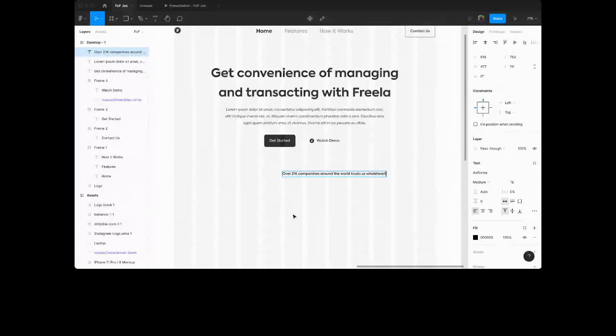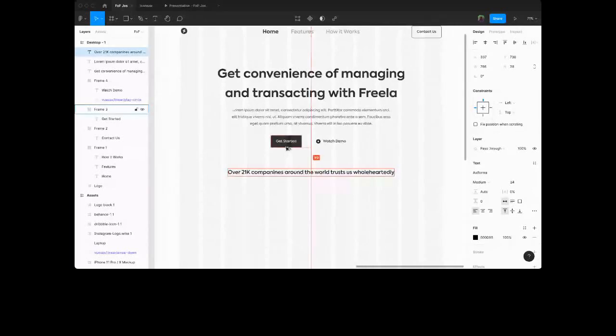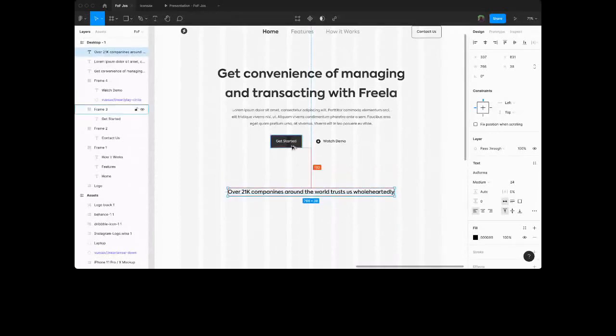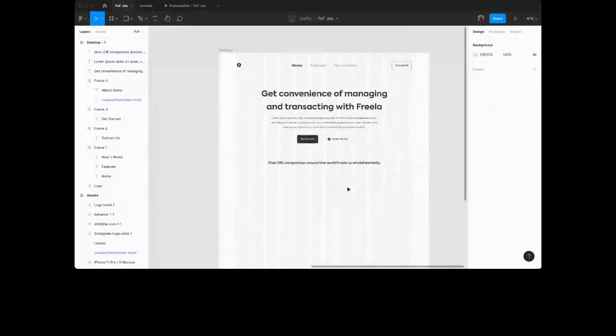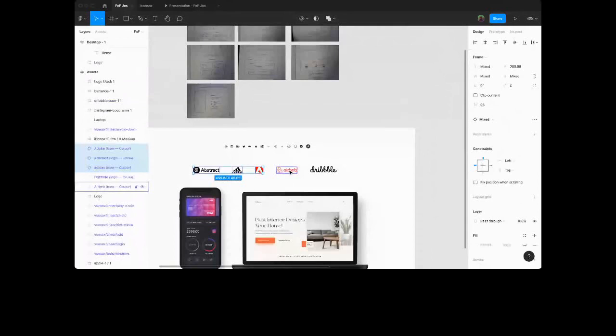Yeah. So this is kind of tiny for me, so I'm going to increase the size. Yeah, this is fine. This is a subheading, so I'm not going to make it be the same size with this heading here. Let's make it, yeah, I think 120 is okay. Yeah, so for social proof, then we have our partners here, so I can just copy this